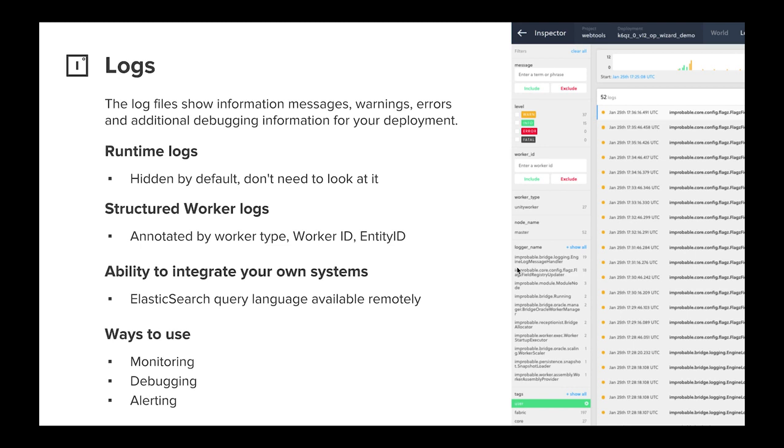Distributed logs. Obviously when you're running hundreds of copies of your game engine, you do get a lot of logs. And most of the time you just want to know what happened to one entity across several processes. So we aggregate all of those log files across multiple instances of your game engine, and we put them in a very nice front end that allows you to very quickly drill down into the problem that you're looking for.